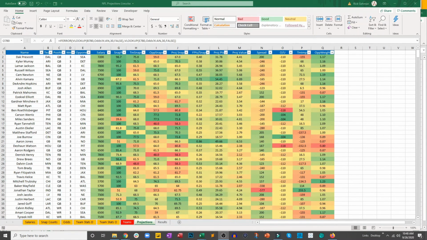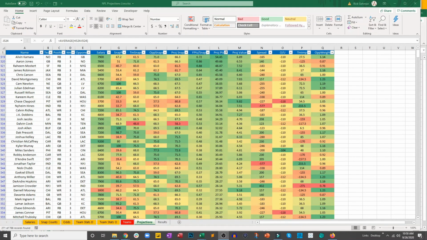As you get more and more comfortable with this, that should take you, 5 minutes? I think it took us to update on a weekly basis, and then you can start manipulating and deciding what's important to you and looking at the matchups for the week. It's really incredible stuff. There you have it, a completed NFL projections model via the data that is available on fantasydata.com and the Premium Plus membership,